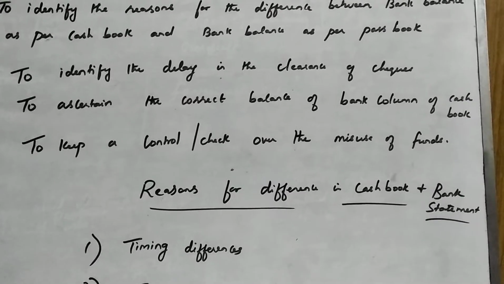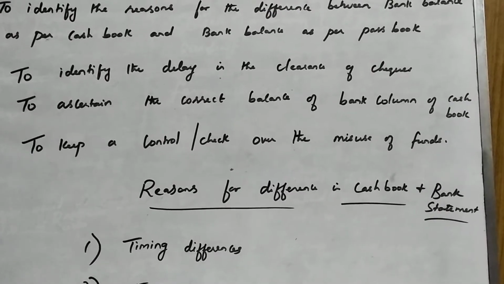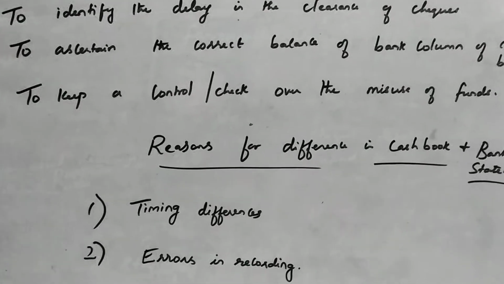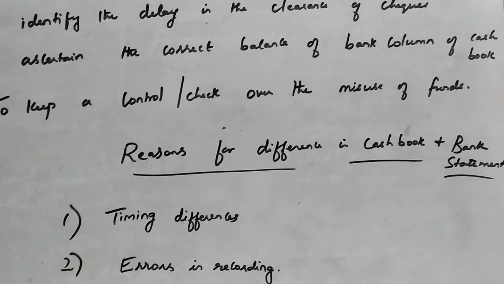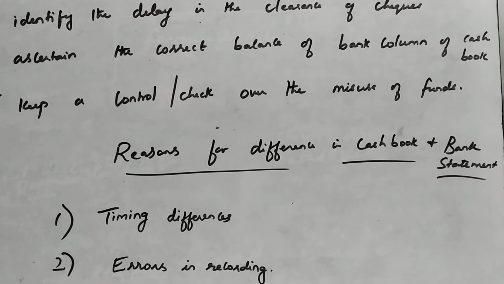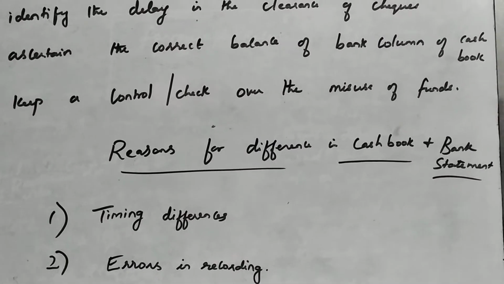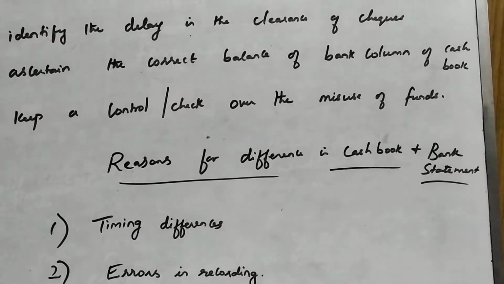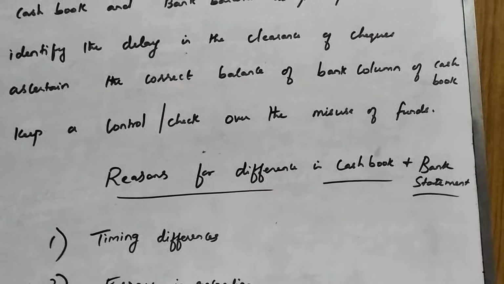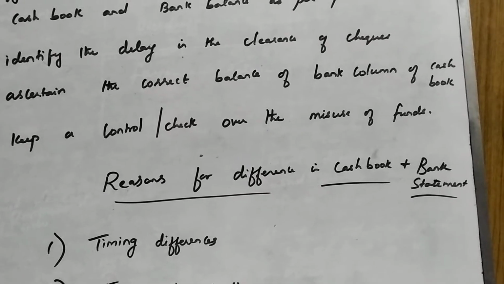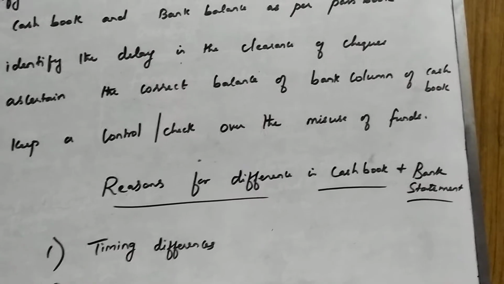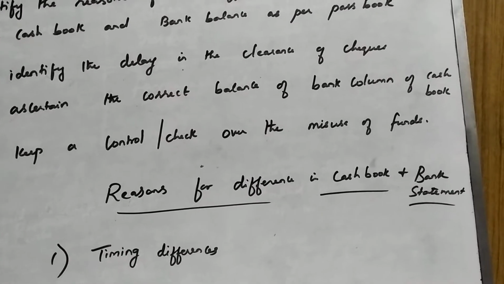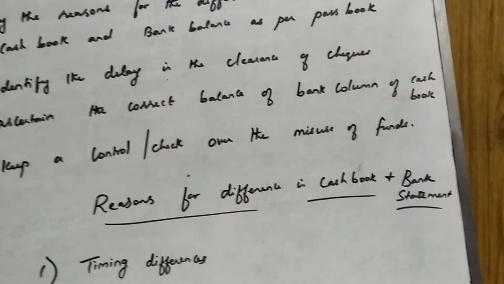Let us take the old example which I have explained in the previous video. Same thing. I am issuing a check on 1st of February to Mr. Ram. And Mr. Ram has presented the check for payment only on 1st of March. So there is a time gap of 1 month. Able to understand this? Check issued but not yet presented for payment.